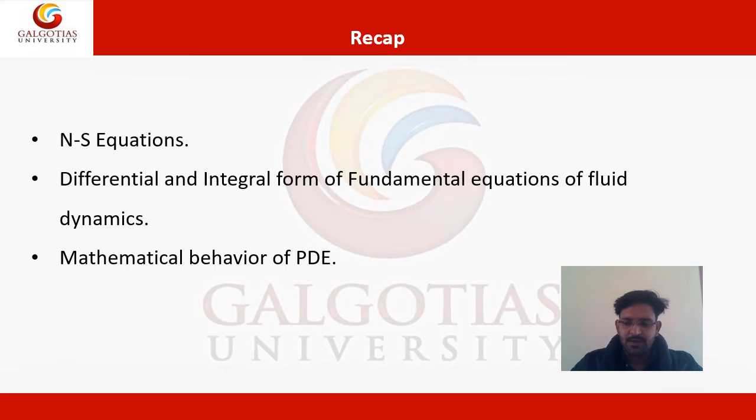If we go to the previous lecture, I discussed the Navier-Stokes equation, that is the fundamental equation of fluid dynamics, which is used to model any complex or real problem in heat transport phenomena or fluid flow transport phenomena. When we apply the Navier-Stokes equation on any given system, the result is a partial differential equation. And as we have seen in the previous lecture, we don't have the exact solution of all these partial differential equations in all cases.